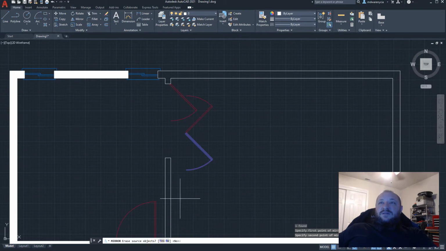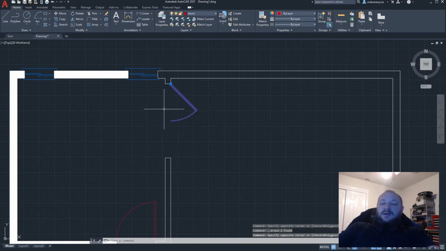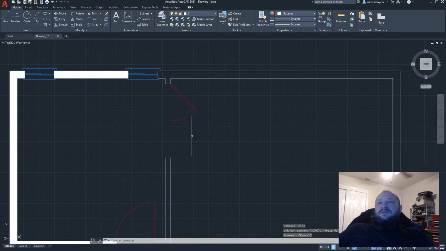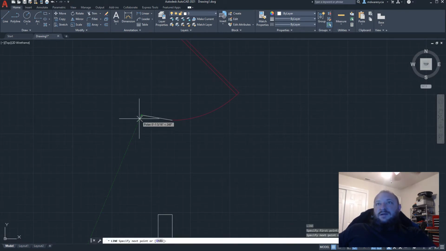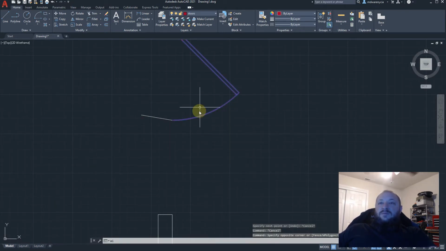Now, once you do that, say click there and it says erase source objects. You don't always want to erase them. Sometimes you want to keep the original. So for example, if I didn't just copy that out, I could have done mirror and, oh no, I couldn't have because I don't have a point there for it to reference. Now I do. Okay. Mirror,